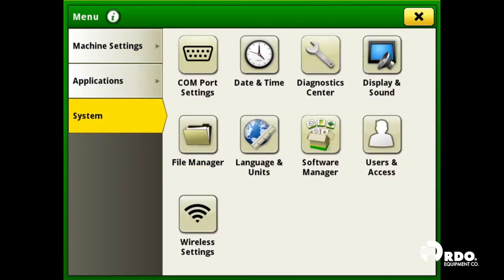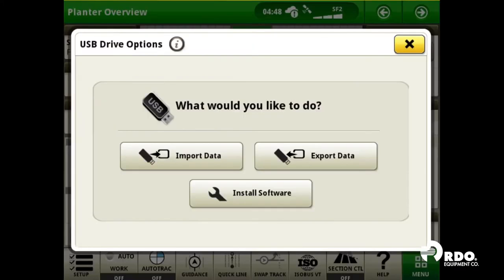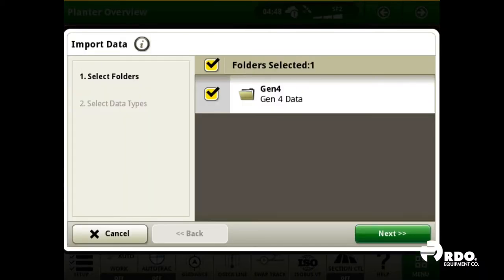If you're importing your setup file manually, simply start by plugging your flash drive into the data port on the rear corner post of the machine, and the display will prompt you as soon as it is recognized. From here, we'll select Import Data, then Next. Then, if you have multiple files on your flash drive, you'll want to search for the ones that you would like to have imported. In our case, we just have the one file, which is selected by default, so we